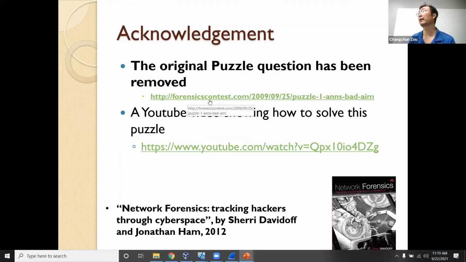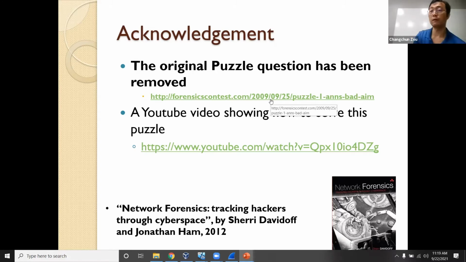Forensic Contest is like a cyber competition service. From time to time they run open competitions. So this is one of the puzzles published in 2009, so it's very long time ago. Last year, this post was still on its website, but this year I couldn't find the original content for this